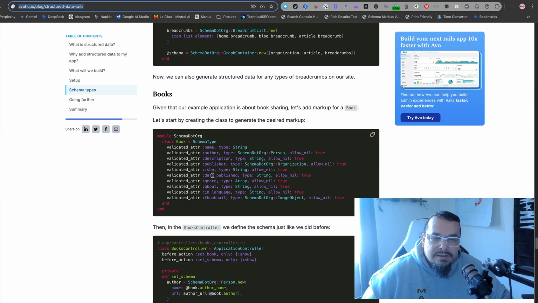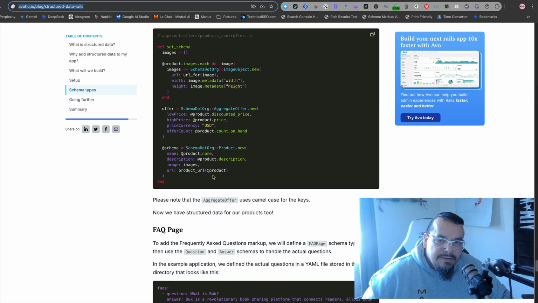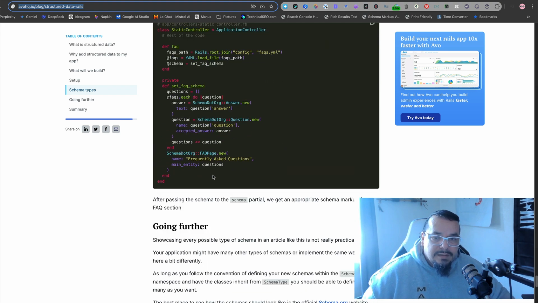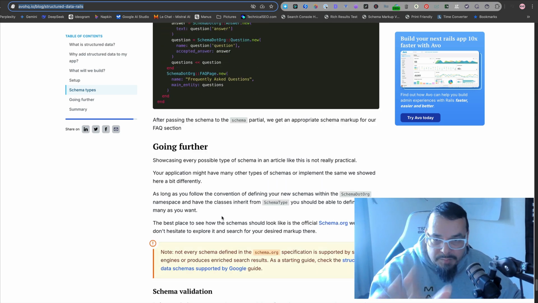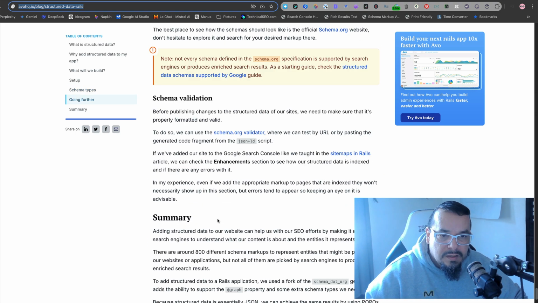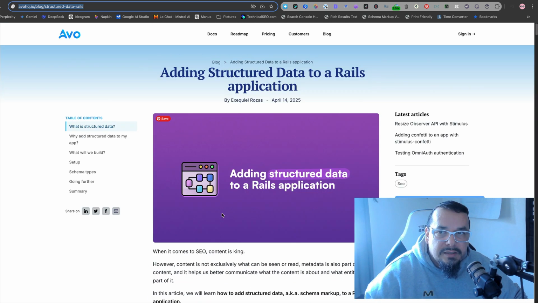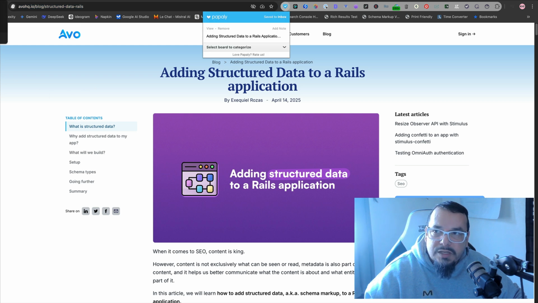I know that all the search engines are using it. It makes sense that AI could use it too, potentially, depending on how they're taught to gather data. There's no proof one way or another that they are, but this would potentially be a good way to leverage that. So if you're using Ruby on Rails, check out this one and implement structured data into it. I'm going to save this so I can play around with some of that stuff later.